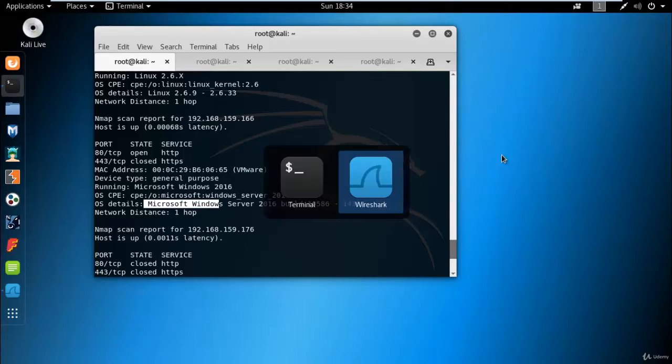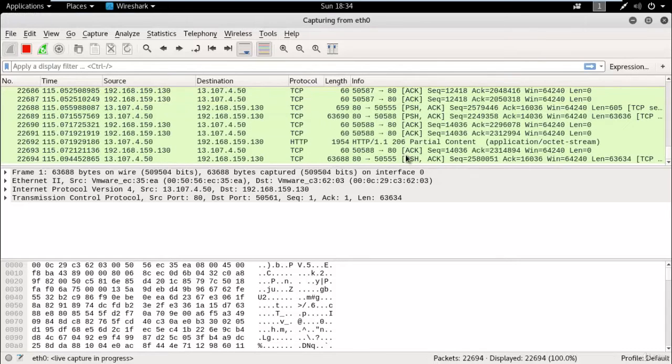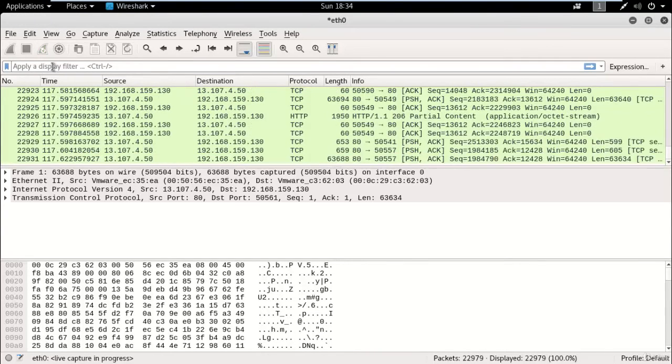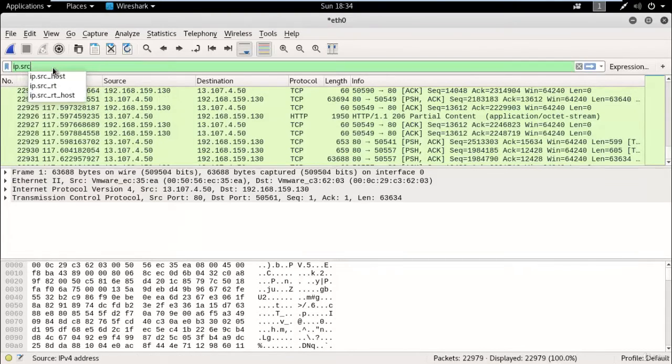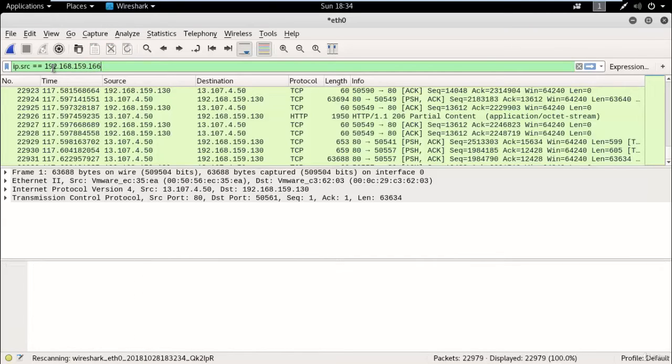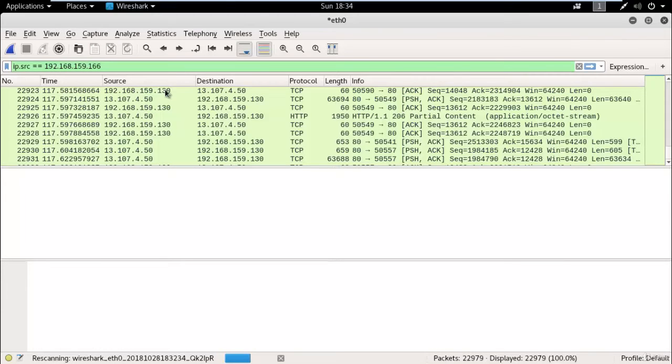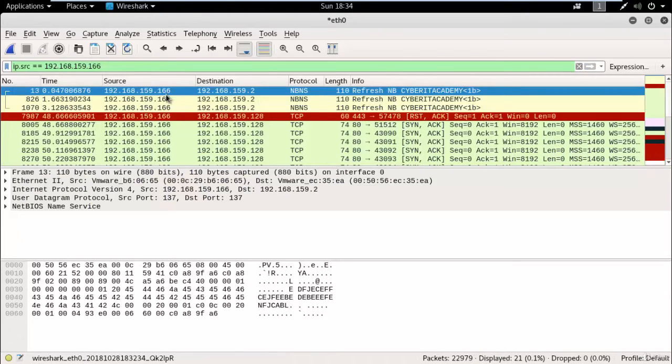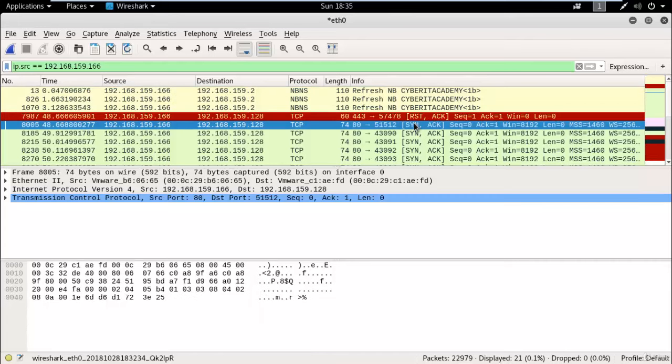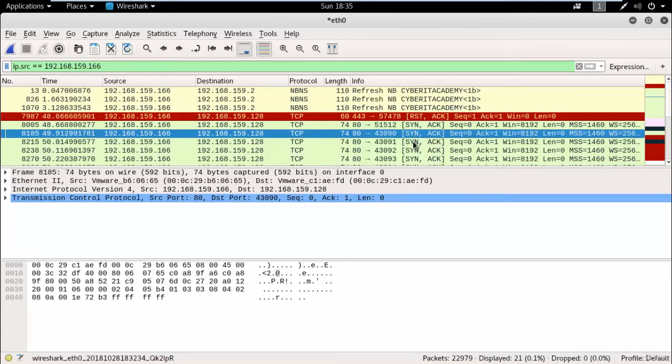So let me go to Wireshark and let me filter the target device. Define ip.src, the source, and give the source IP information, 192.168.159, the target device. So here you can see 130, 166 as a source. You can see reset packet information, SYN and acknowledgement packet information.